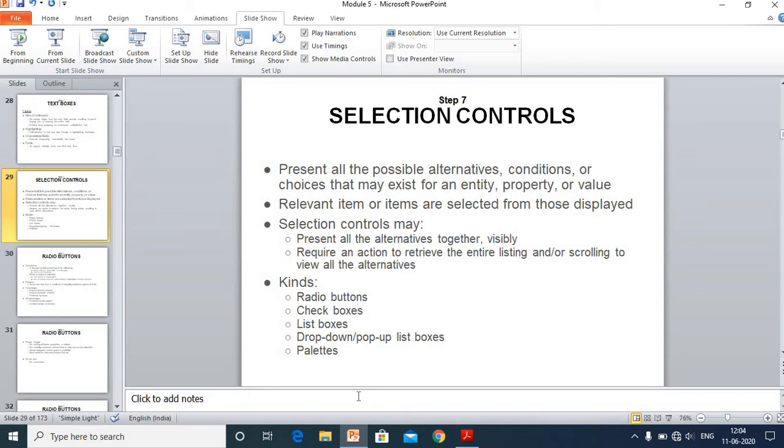The first topic we will see is selection controls and what are the types of selection controls we have. Before that I'll say a few things about screen based controls. These screen based controls are normally called just controls, and sometimes they are called widgets also. Normally we can say they are the elements of a screen which represent the properties or operations of the object. So what are these controls actually?